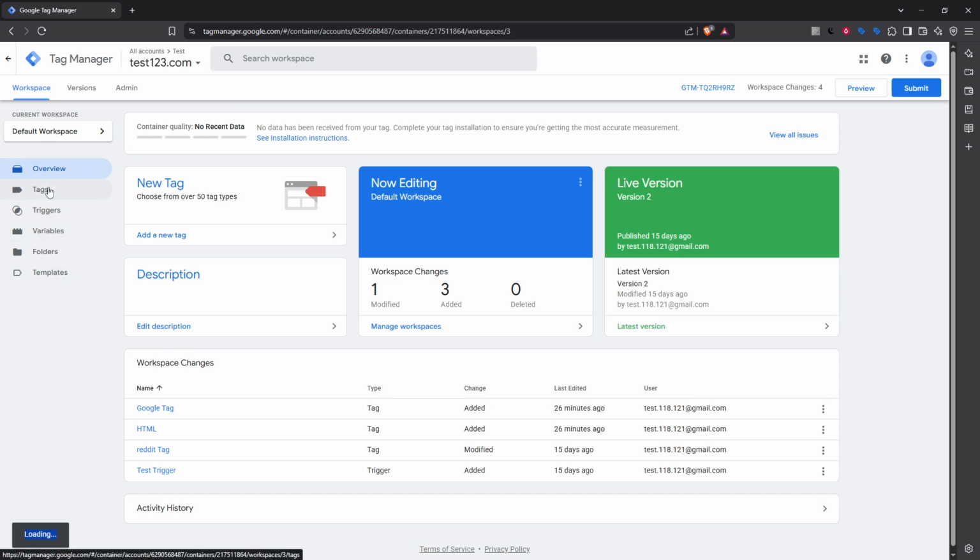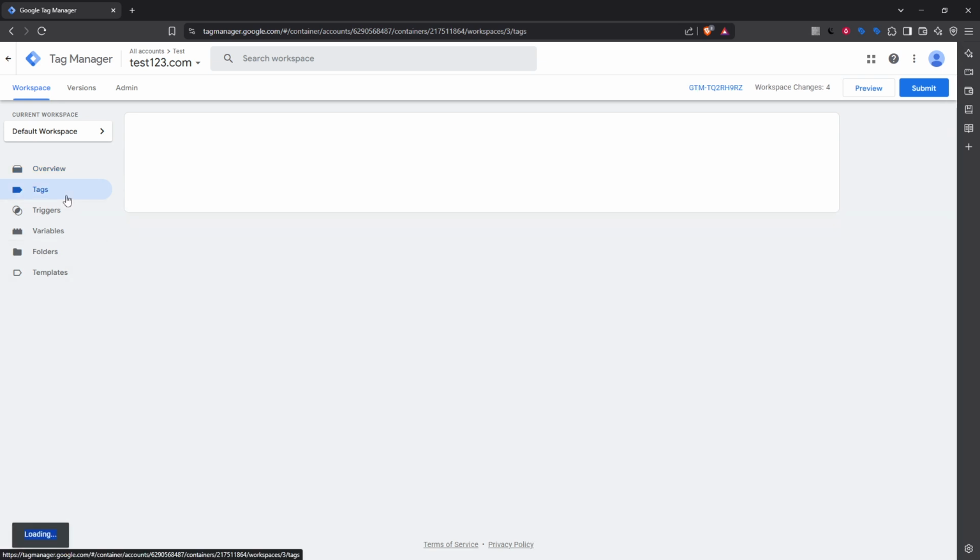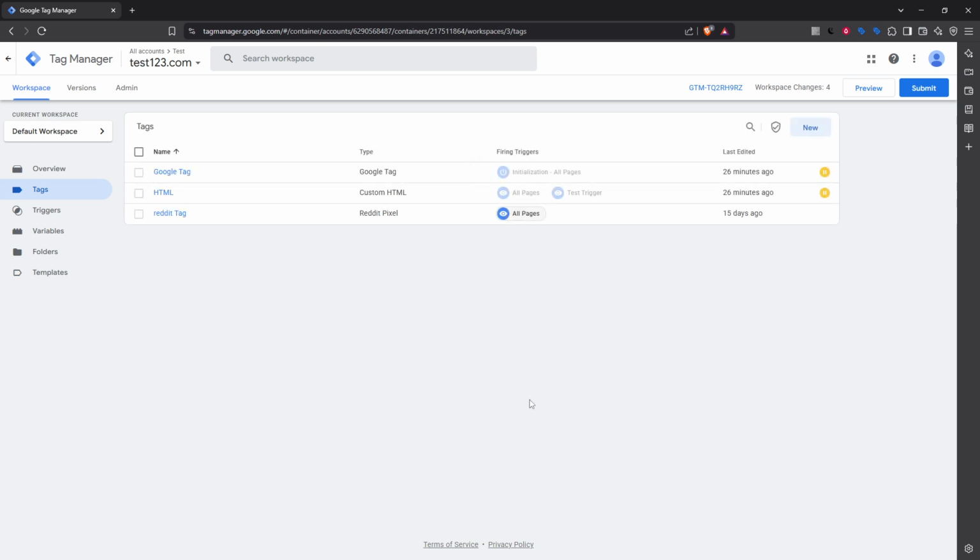And there you have it. By the end of this process, you should be comfortably managing your Google Tag Manager account with confidence. Remember, practice makes perfect. The more you explore, the more proficient you'll become at utilizing this powerful tool to enhance